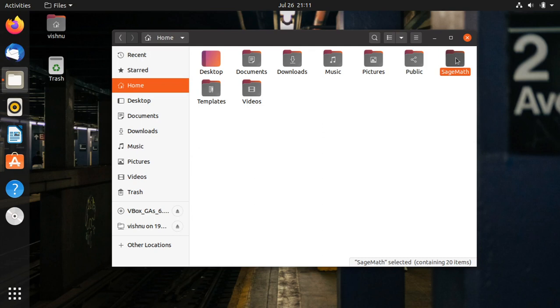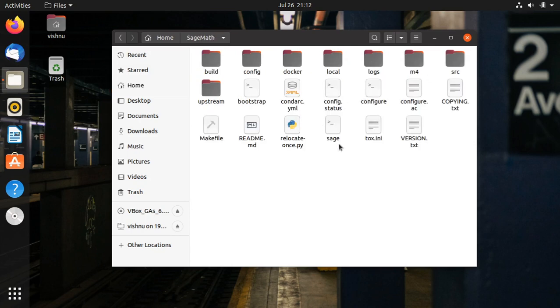Now if I go inside the folder, I can see one Sage file here. This is actually the main file that is responsible for running the Sage software. Now instead of going inside the SageMath folder every time and running it, we can create a shortcut to this Sage file, so that from the terminal we can directly access it without even entering the SageMath folder.